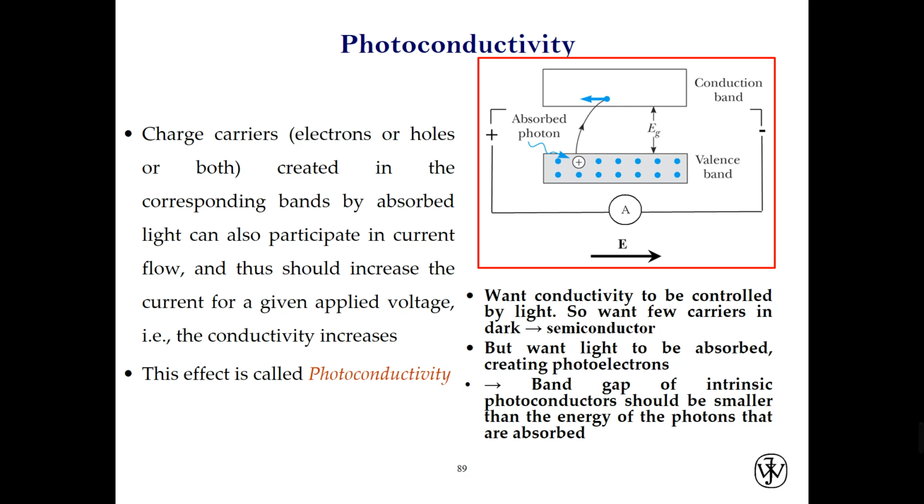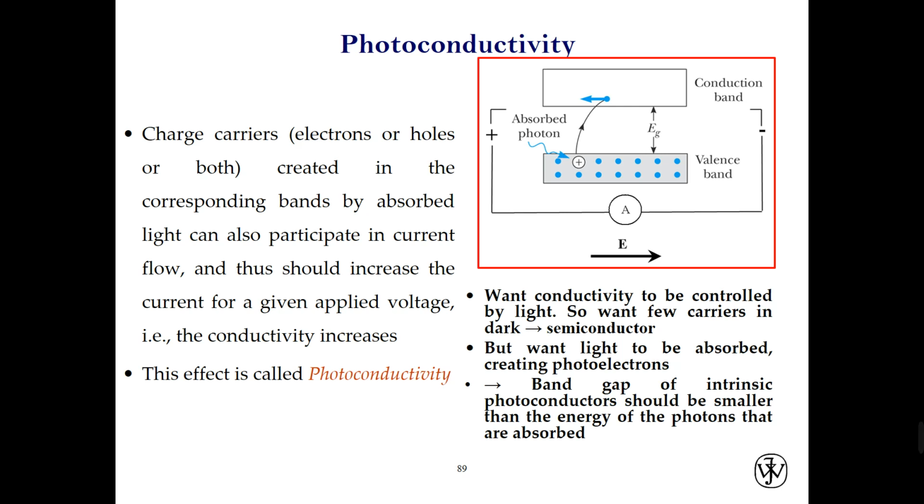And then we have photoconductivity, the concept of solar energy or solar energy device. Charge carriers, electrons or holes or both, created in the corresponding bands, valence or conduction band, by absorbed light can also participate in current flow and thus should increase the current for a given applied voltage. Example, the conductivity increases. This effect is called photoconductivity. So macam cahaya lah, terhasilnya electrical energy or generation of electricity from sunlight